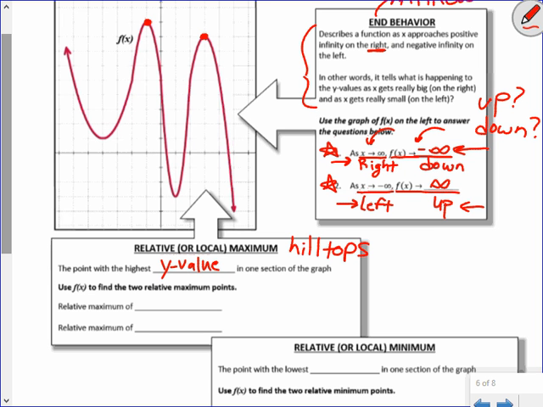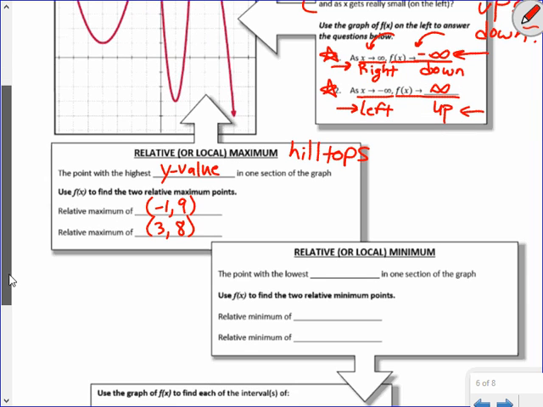So look for those hilltops. Each one of those hilltops represents a relative maximum. So one of those hilltops is at -1, 9. And then we have another hilltop at 38. If I ask for a local or relative maximum, that's what you would write down. We also have relative or local minimums. So if you're looking for a